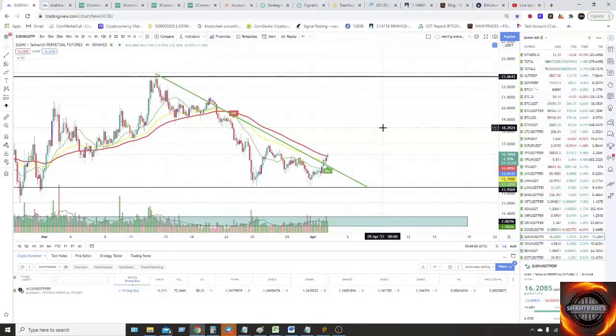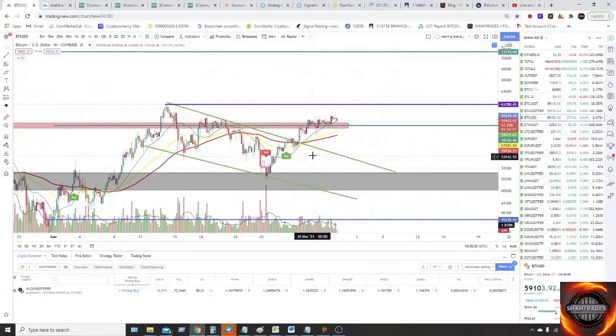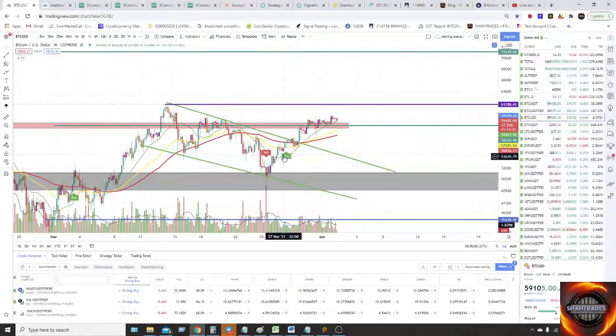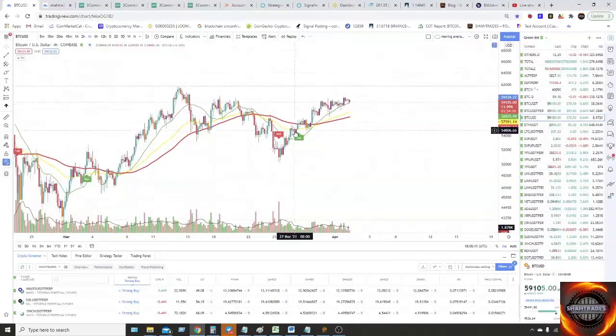Also, if you want to make a bot for this indicator, let's say we are here on the BTC chart. The BTC chart shows you the buy and sell signals.